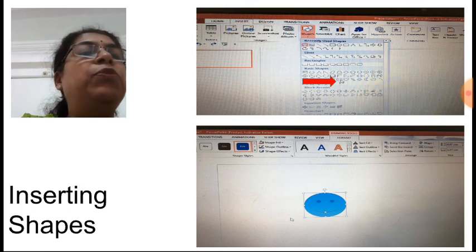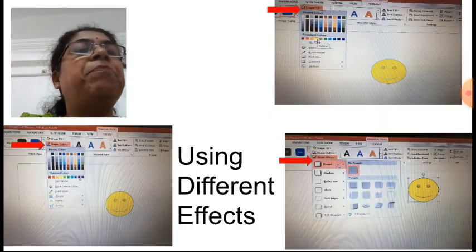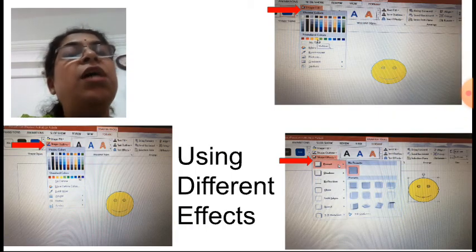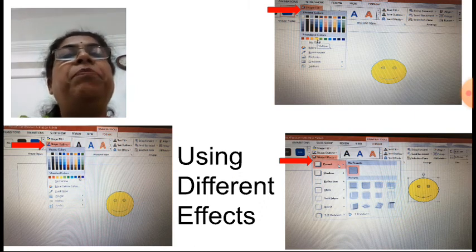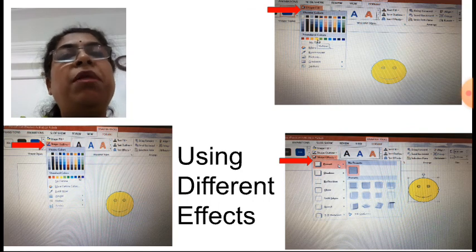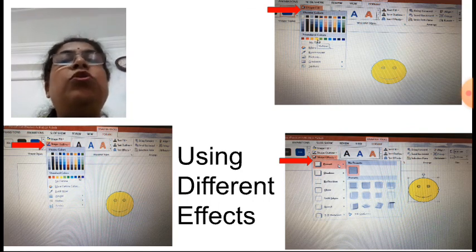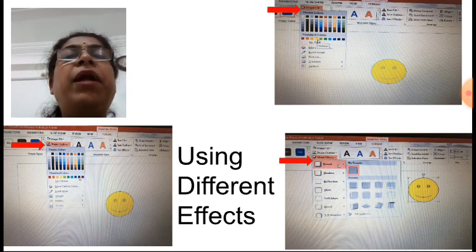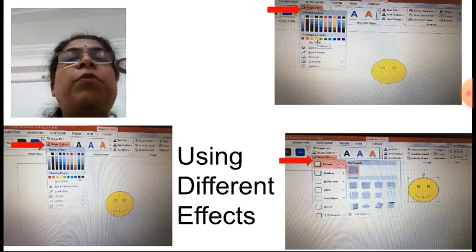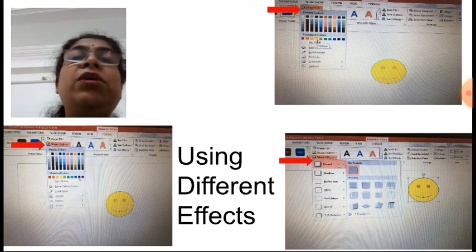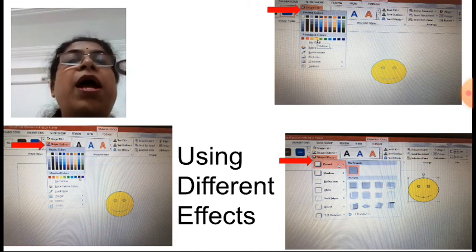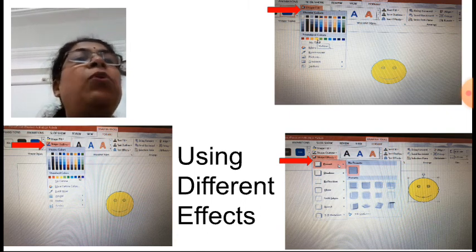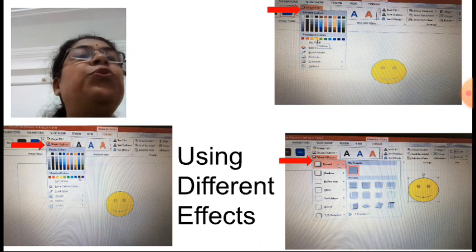Now suppose you have inserted a shape. After inserting any shape in the presentation, a Format tab appears on the ribbon. Through that Format tab, you can format the shape color, shape outline, or shape effects. Okay, now here, see, the color for the shape is shown.